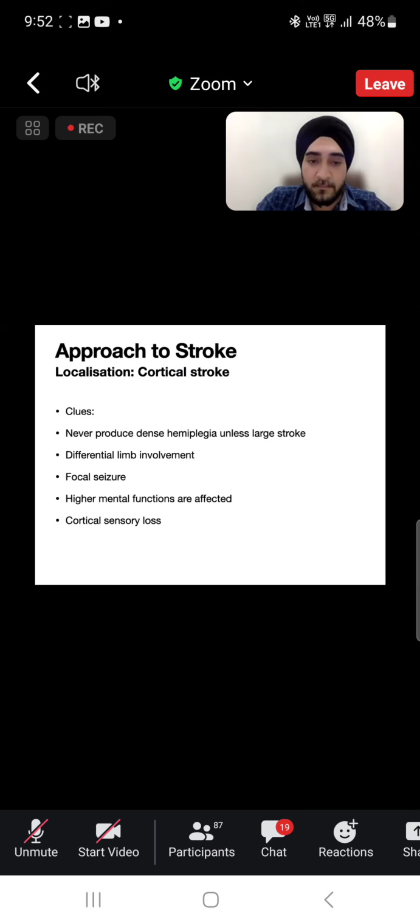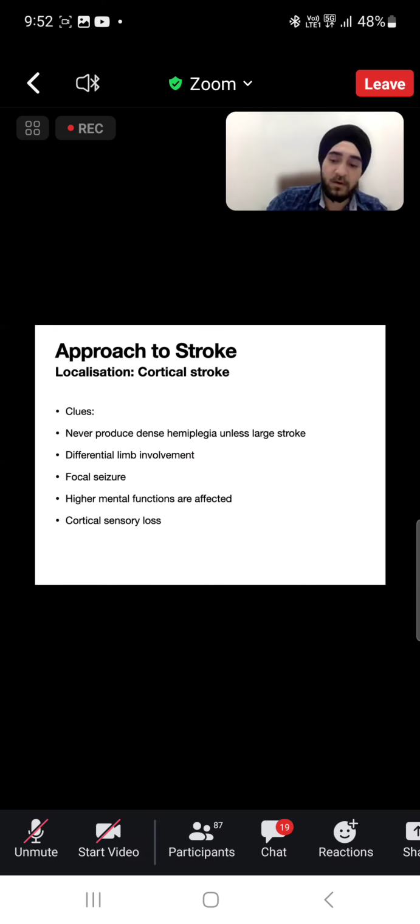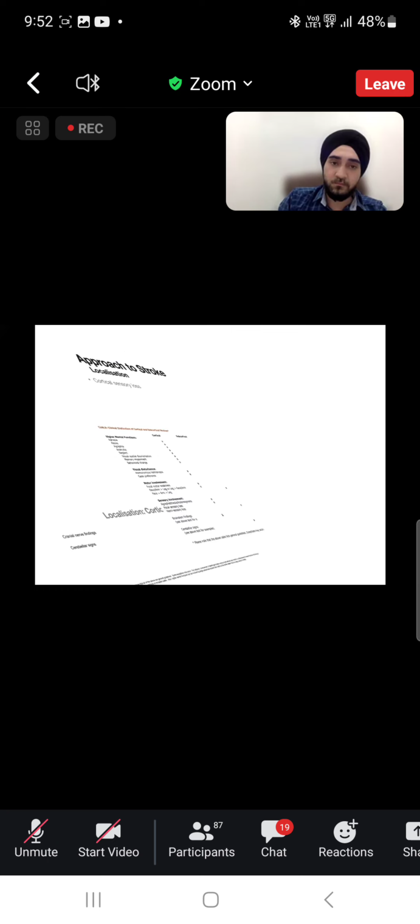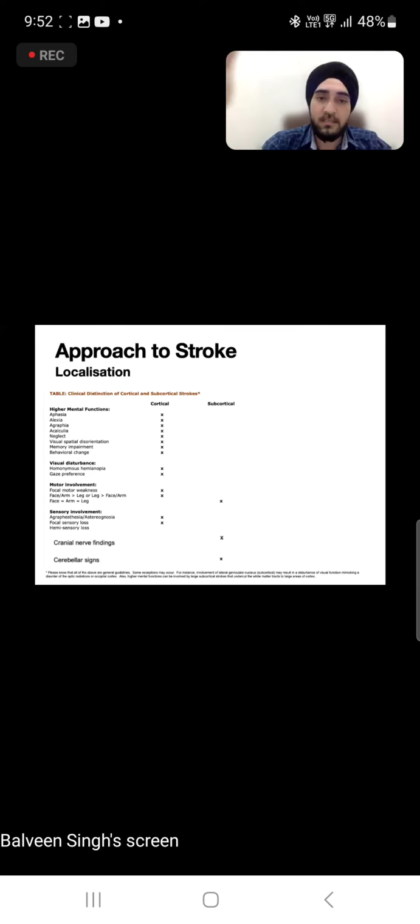So focal seizure, higher mental functions are affected. Higher mental functions are affected depending upon the side of the involvement and the lobe preferentially affected. And there will be cortical sensory loss. The most important differentiation point when you are trying to localize the stroke is whether it is a cortical or